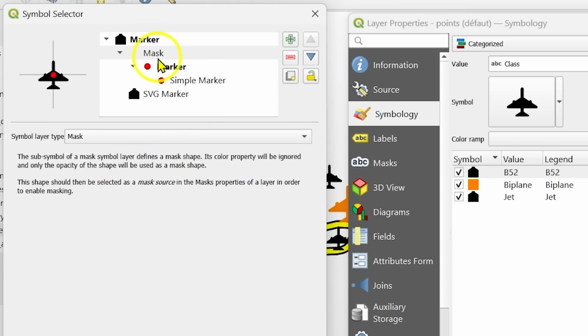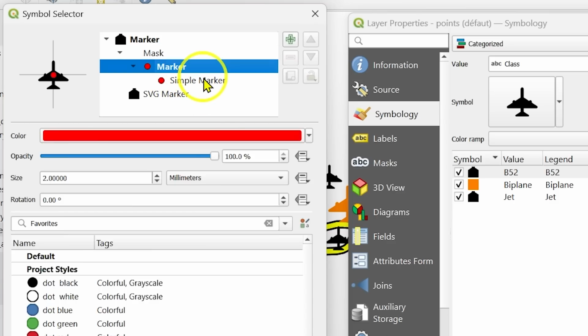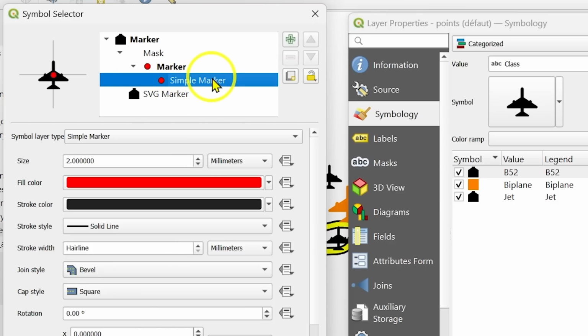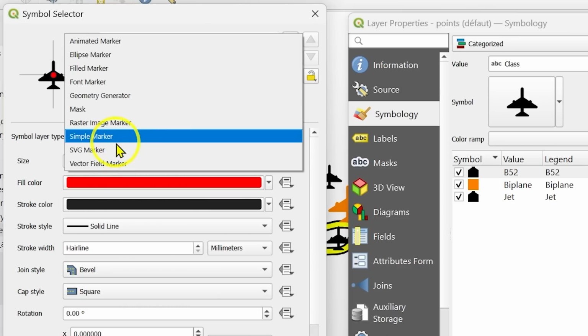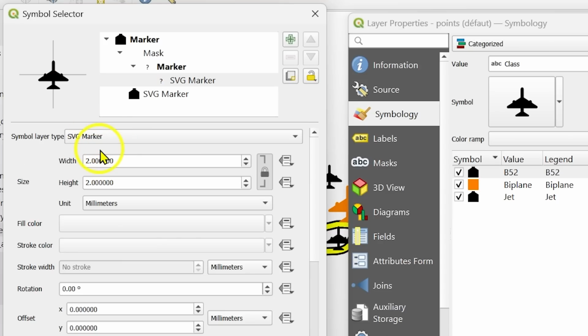So firstly, in the marker symbol layer you will find mask, and in that mask you will find a marker layer again, and in that marker layer you will find a simple marker. So this we need to change again to an SVG marker, or SVG symbol layer. So I will select this, again go to the rollout and change it to SVG marker,